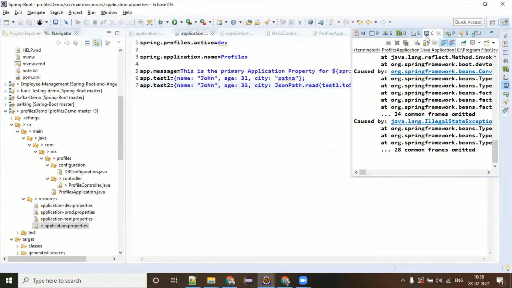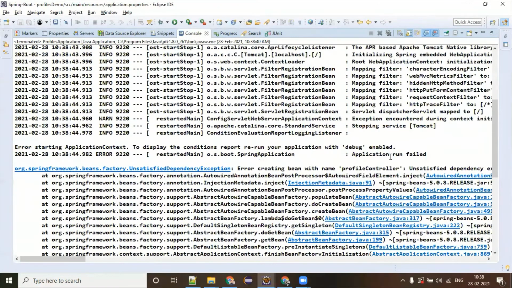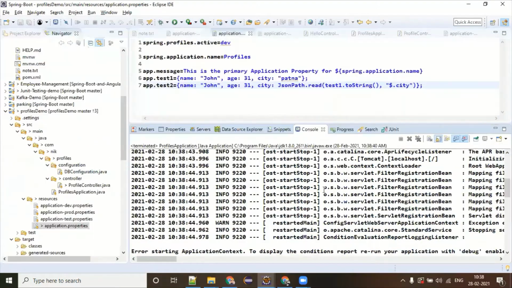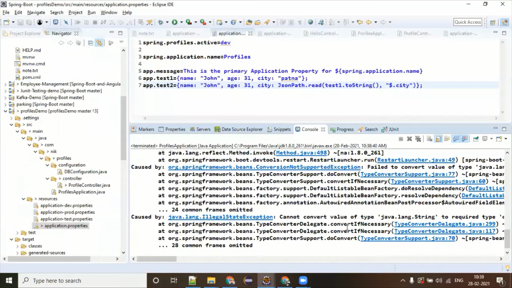I have not given any port. This is failing, you know why? Because one of my JSON objects might not have proper syntax.